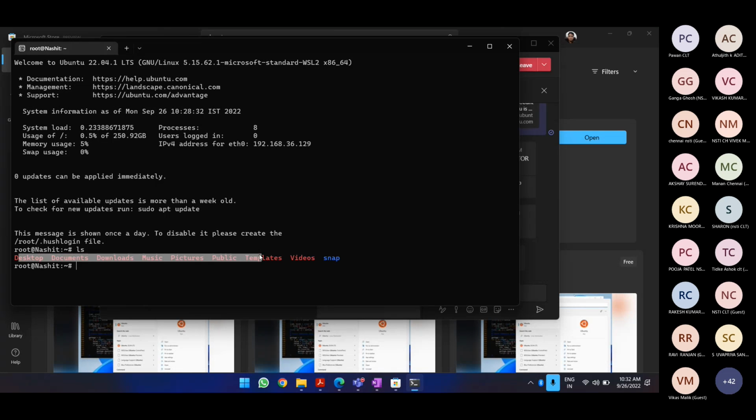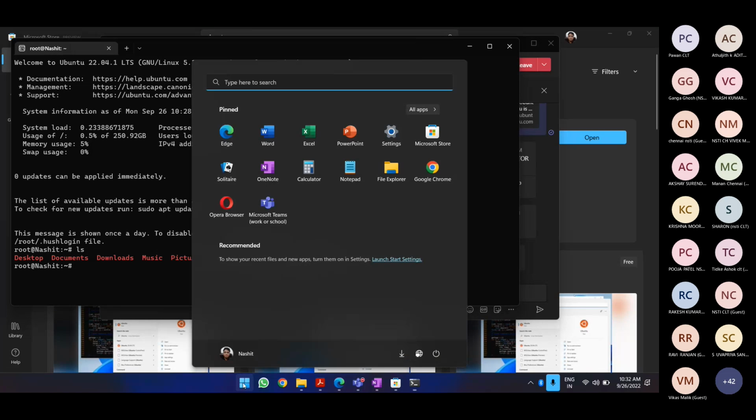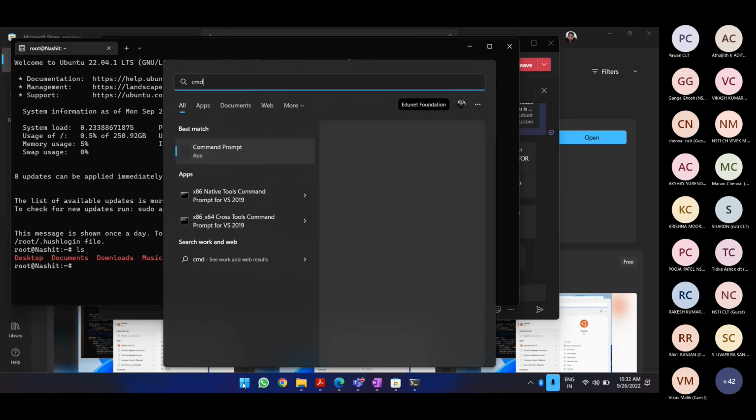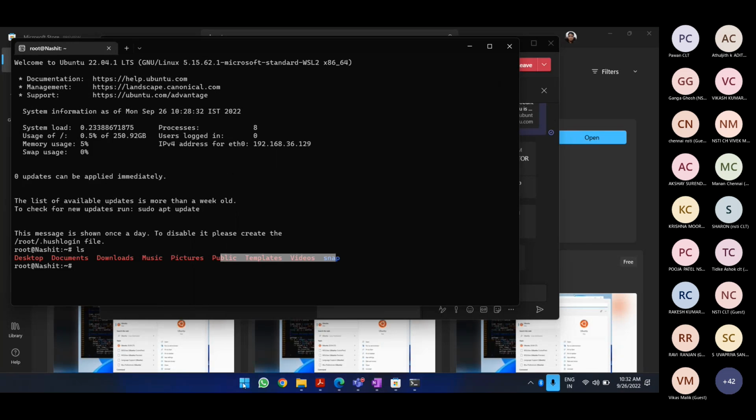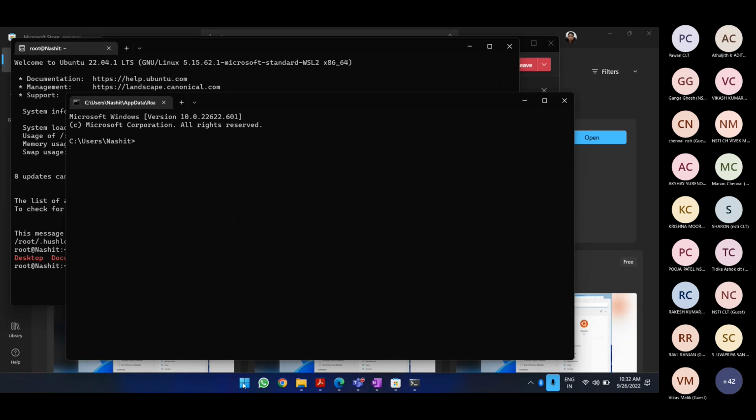So what are the different applications, or let us compare to the Windows command. But let me tell you, these both are different directories. So let me go for cd.